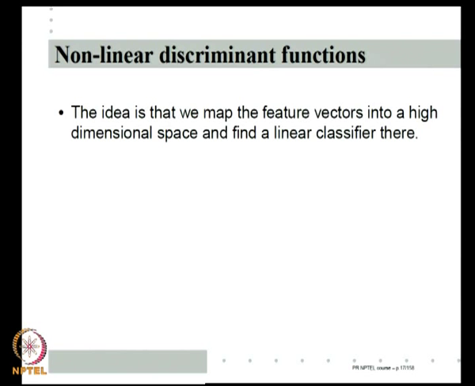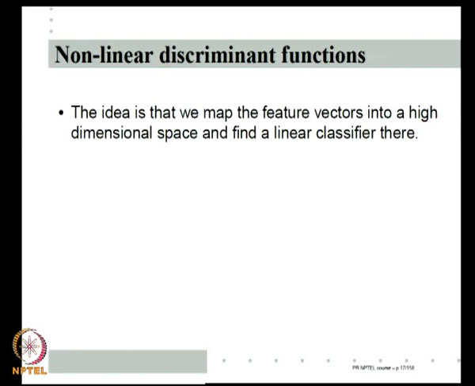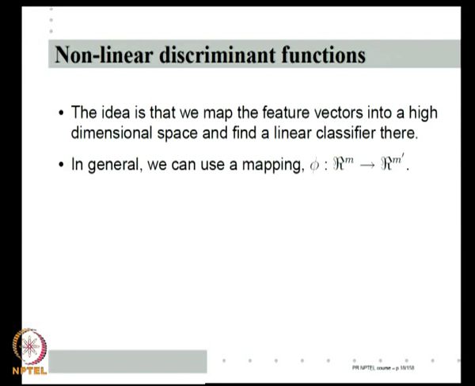Okay. Now, given this, we moved on to ask how we can use this method to obtain nonlinear classifiers. The basic SVM idea is that we map the feature vectors into a high dimensional space and then find a linear classifier there. What does that mean? Originally I am in the m dimensional space, so I may use a transformation phi that maps R^m to R^m prime. Phi, even though it is non-bold here, is a vector valued function.